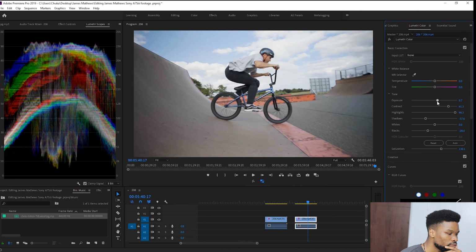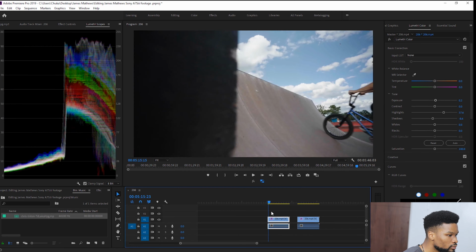Let me compare the color grade in the two clips. I think I prefer the colors from the second clip, the one graded by me from scratch.